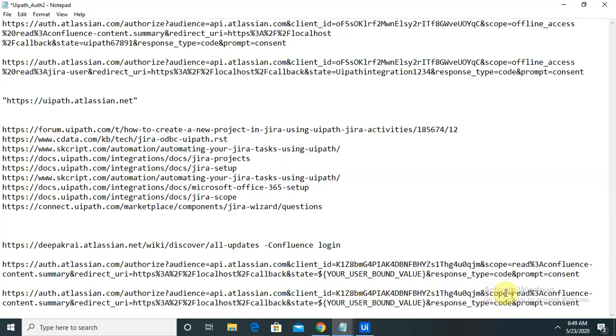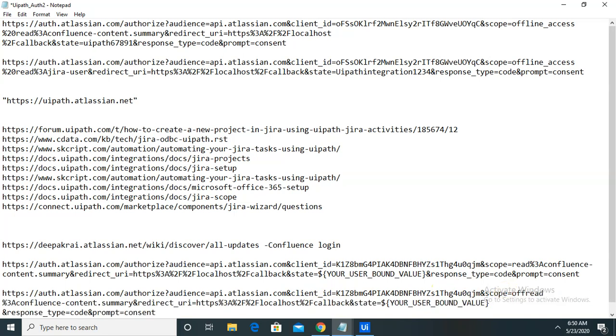Inside the scope, before read, we need to add offline_access followed by %20. The %20 will add one space here, and that is the main reason for adding this.